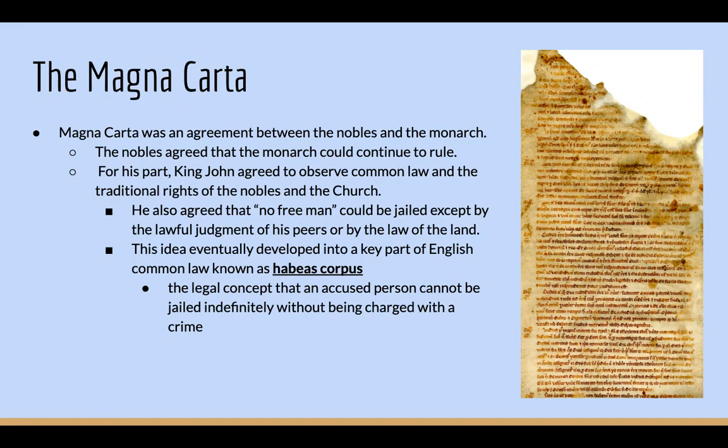Okay, so in many ways, the Magna Carta only protected the rights and privileges of nobles. So at this point, the Magna Carta didn't really say a whole lot as to the rights that were potentially being violated, the rights of those common people. However, as time passed, the English people came to regard it as one of the foundations of their rights and liberties. So this document is actually going to be incredibly influential in the future, not only for the English, but even in terms of the United States as well.